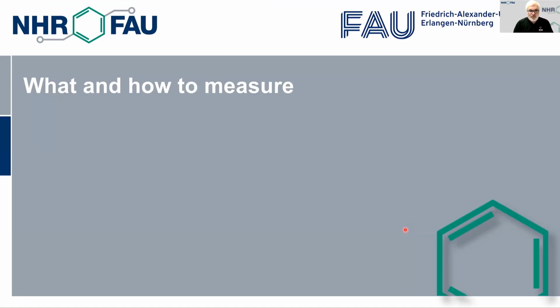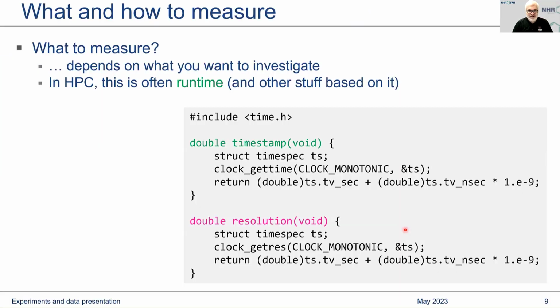So next is the question, what and how to measure? And of course, this is a broad field, okay? It's really hard to say in a general statement what we should measure, because there's so much stuff that you can measure. Of course, it depends on what you want to investigate. The thing you start with usually in high-performance computing is runtime and other stuff based on it, like derived metrics or work divided by time. But if you measure anything, it's typically the runtime of a piece of code. So how should you do that? And we recommend